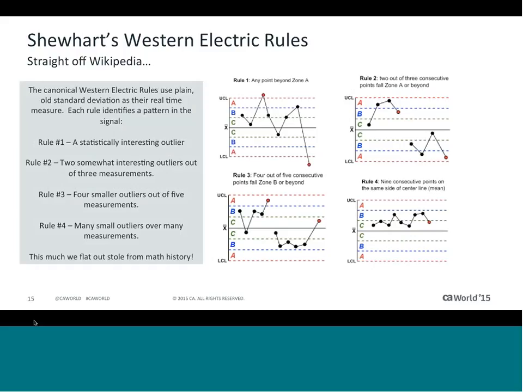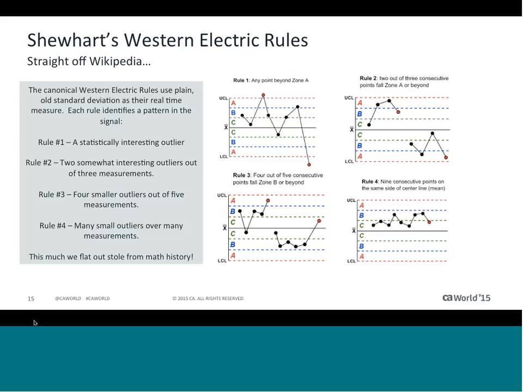Like, are you varying on average, or I don't know if the right word is on average, but are you varying by 5 milliseconds? Are you varying by 50 milliseconds, by 500 milliseconds? What's the normal sizzle in the line, right? So by having a notion of standard deviation, what Walter Shewhart did is make an observation that sometimes something really